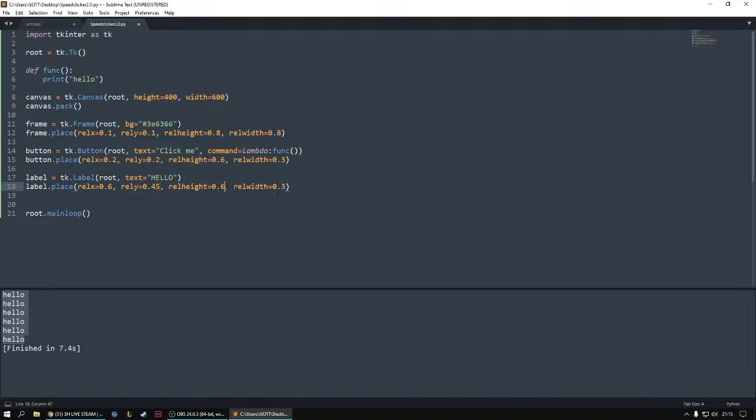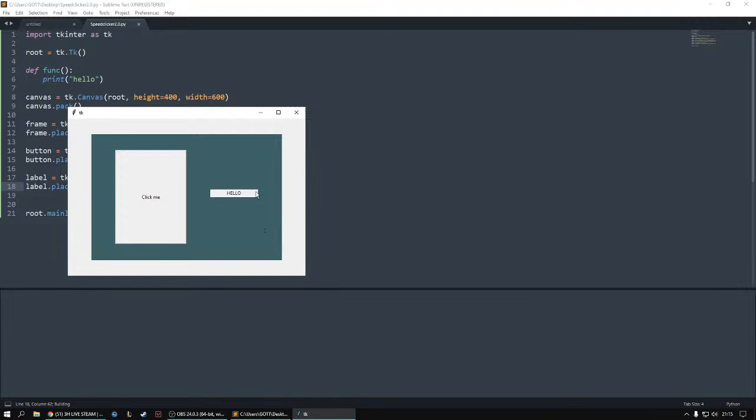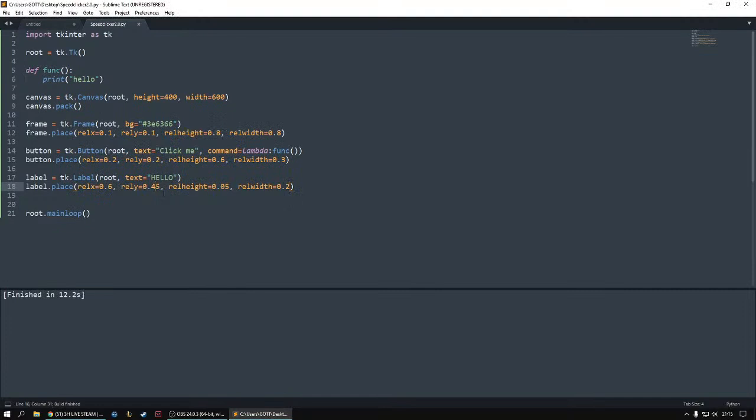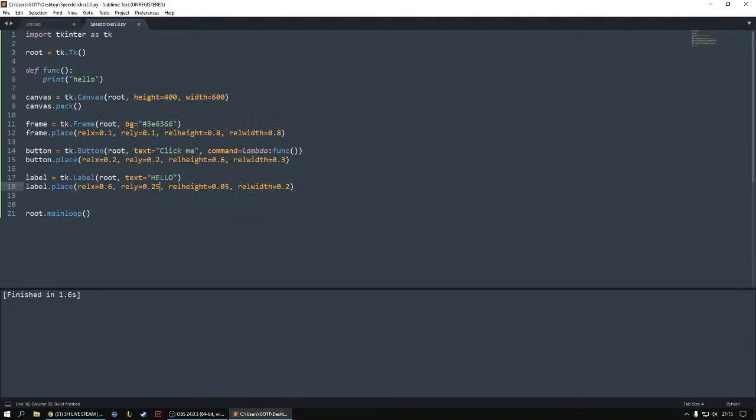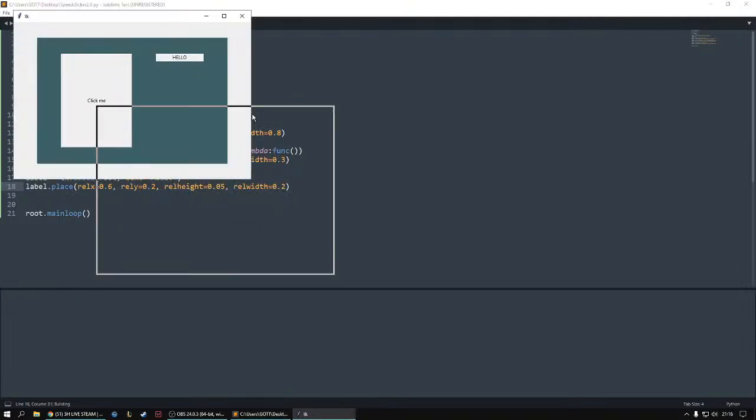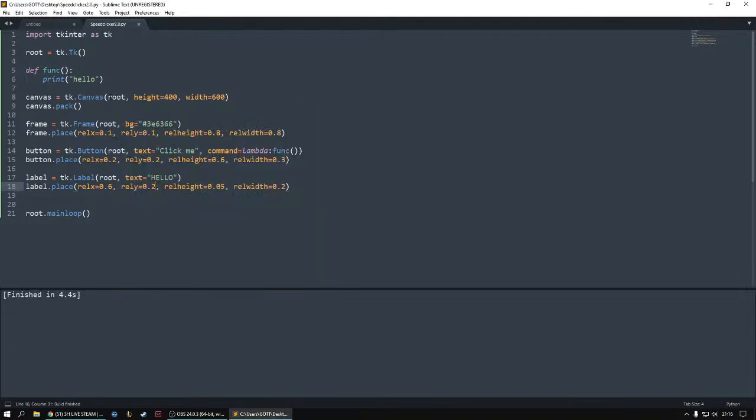6.45 maybe, 0.5. So there we have our text, and we'll just do it more on the top. 2.5, maybe just like 2. So there will be our time. So and now if we